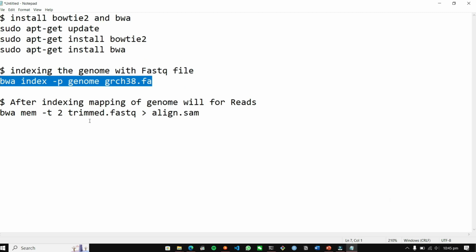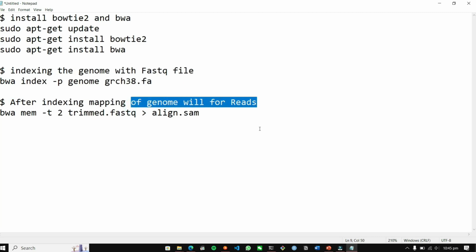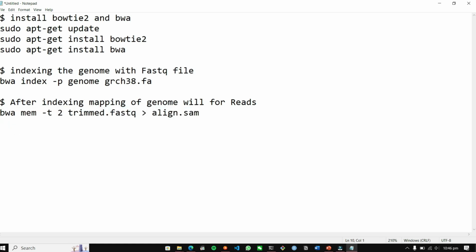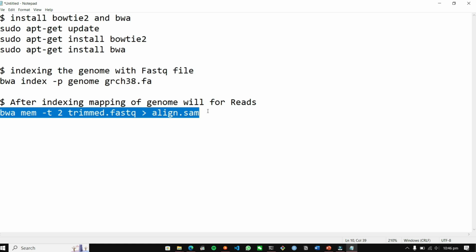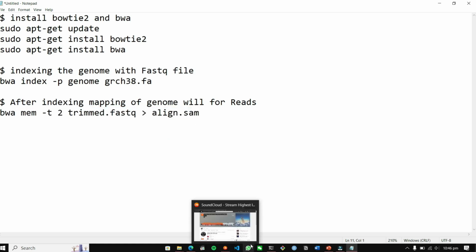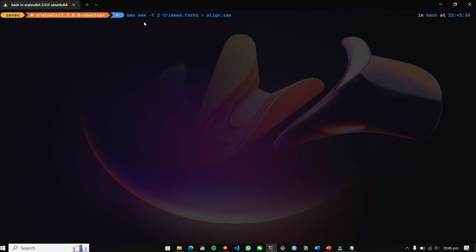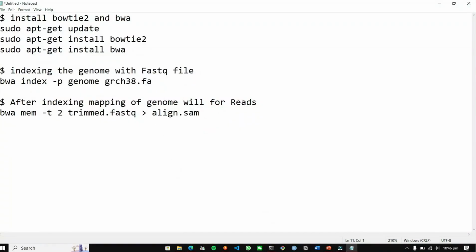So now that we have done the indexing section, after indexing, mapping of genes will be done. In our trimmed FASTQ sequence, we have a lot of genes. So we're gonna use this command to, I'm just gonna clear the screen, and after indexing, we are aligning the genome with our reads.